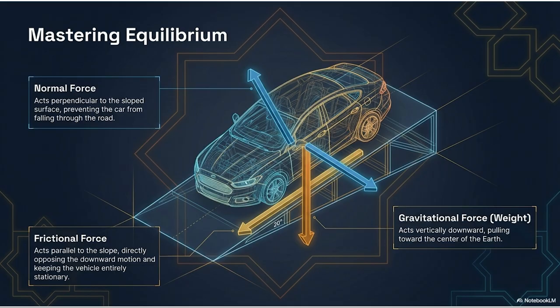Zero. Yep. All those invisible wrestles we discussed are pushing and pulling against that car with the exact same amount of effort, resulting in an absolute stalemate. But the car weighs like thousands of pounds. There's a massive amount of energy involved there. There is an incredible amount of energy, but it is entirely balanced. For that specific car parked on that specific 20-degree slope, there is a core trinity of forces locked in combat to keep it stationary. Okay, let's walk through this trinity because it really reveals the invisible architecture all around us.